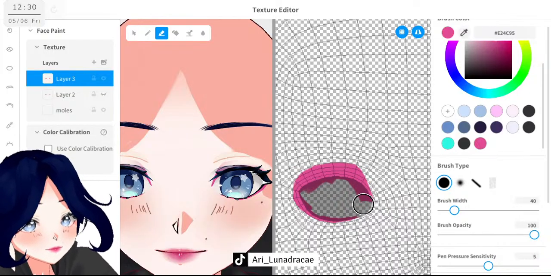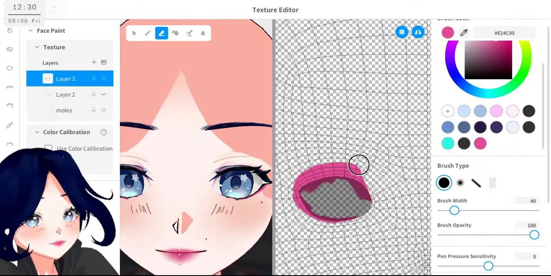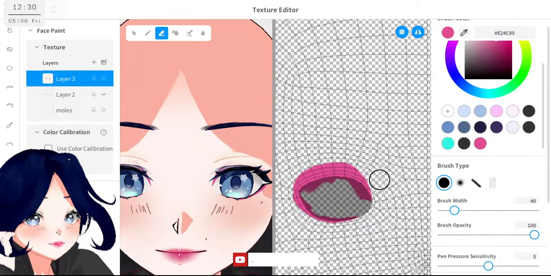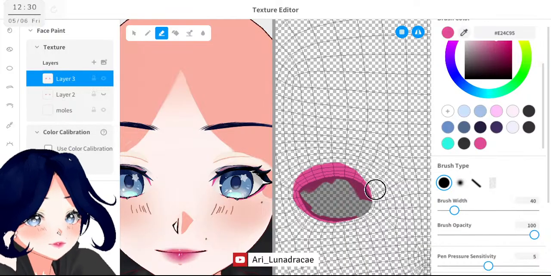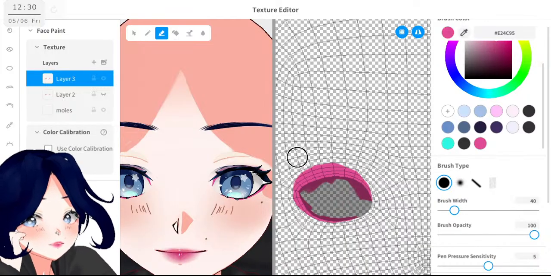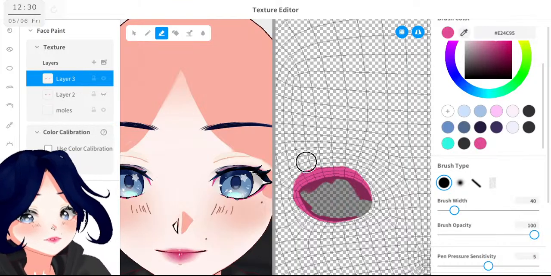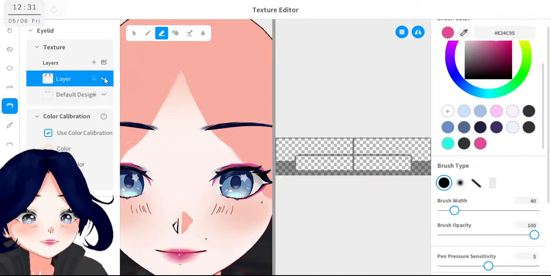Maybe this part we don't need here. Now that should be in the eyelids. Yeah.